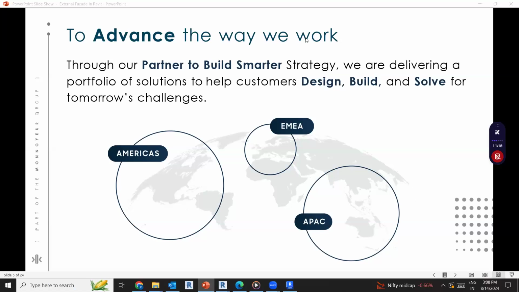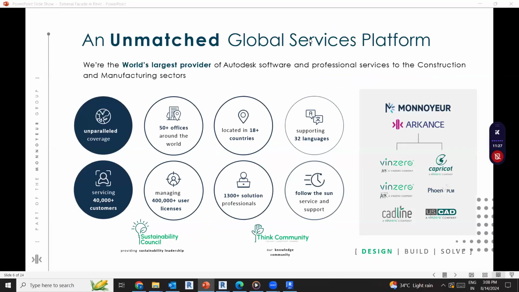So we are all over the world. We have divided into three parts: Americas, EMEA, and APAC. As a managed global service platform, we are the world's largest provider of Autodesk software and professional services to the construction and manufacturing sectors. We have 50 plus offices around the world, located in 18 plus countries. Right now, let's talk about Design Advance